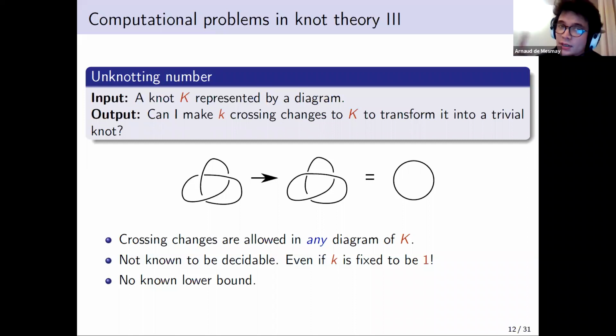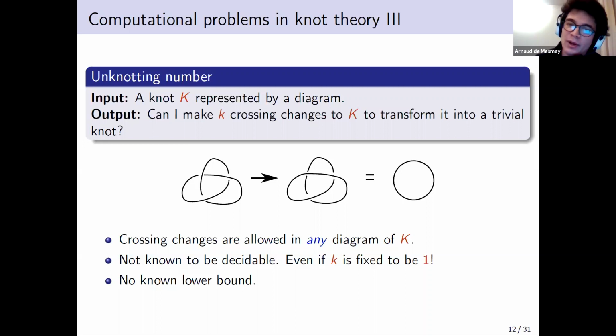And really, even if you're looking to decide whether the unknotting number is 1, so even if your question is whether there is a single crossing change I can do to simplify my knot, there's no known algorithm for that. The problem is not known to be decidable. And likewise, there's no lower bound either. So it's a striking example of a problem for which we don't know whether it's decidable, and we also don't know whether it is NP-hard. And I think that's a sorry state of affairs, and that's why I've been trying, in the past few years, to figure out